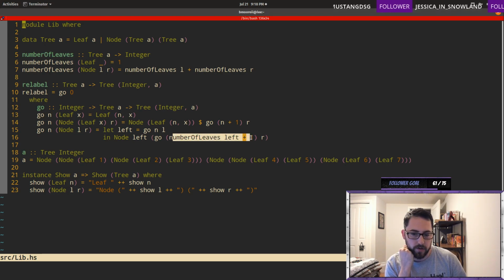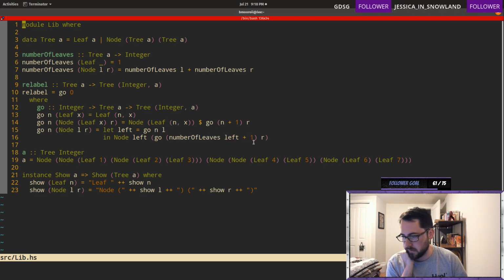We do need to add one here. Why? Oh, I see what you're saying. Or I think I see where you're going. Maybe. I don't know where you're going. We're going to completely rewrite this function, I think.